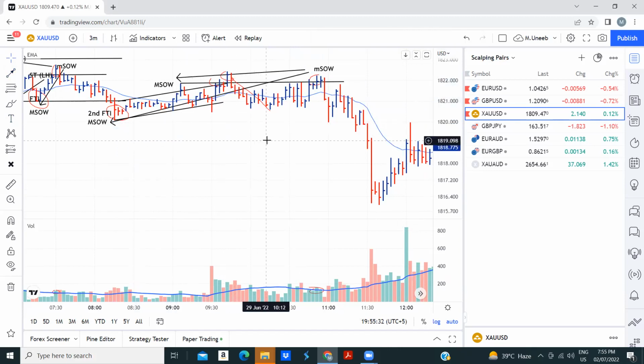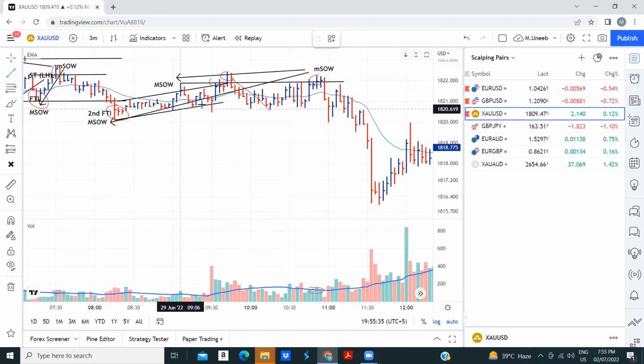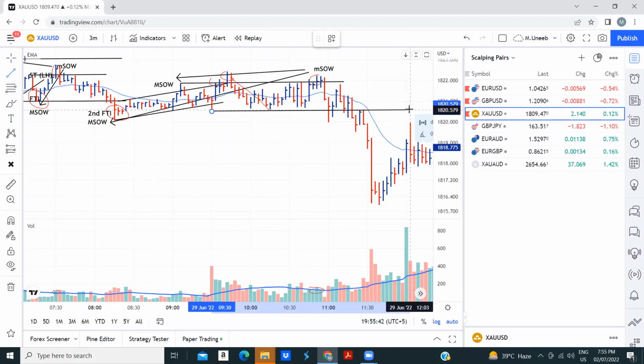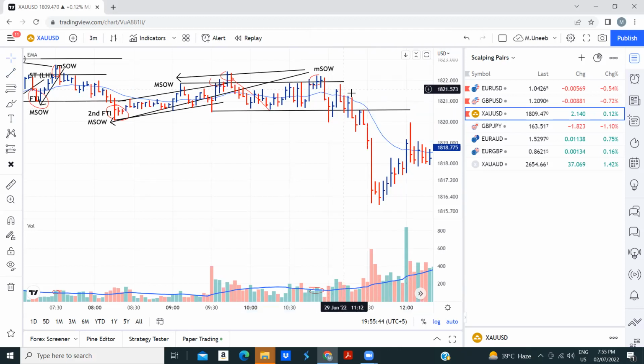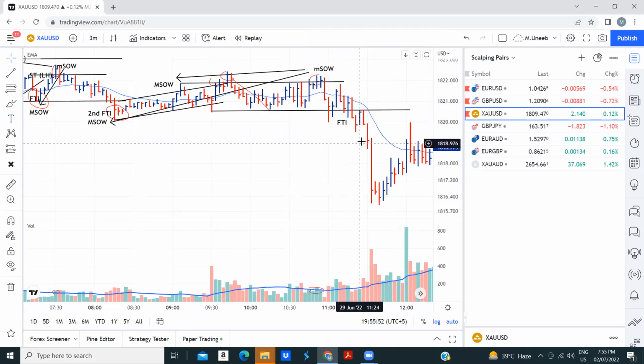Got it? These two. And now, of course, we are in redistribution phase, as we have here a jump across the creek here, as we broke through this channel here, right over here. What do we have here? Again, FTI, right? FTI. So this one here,